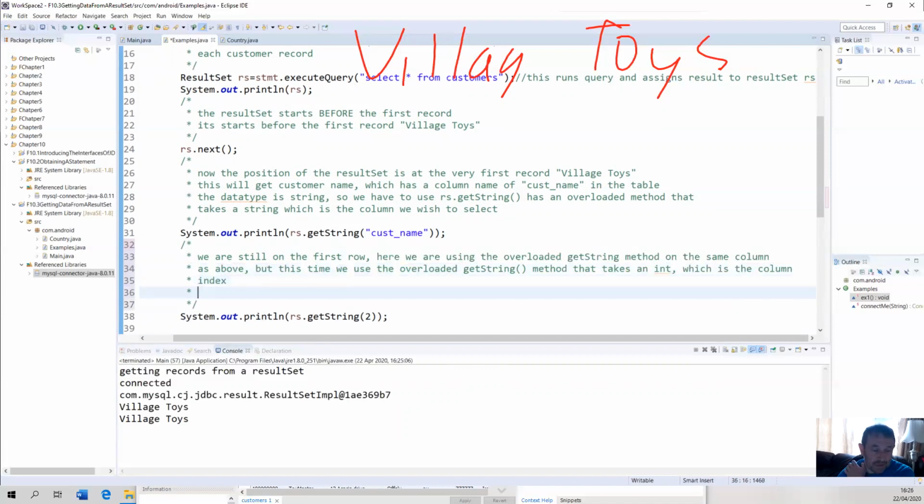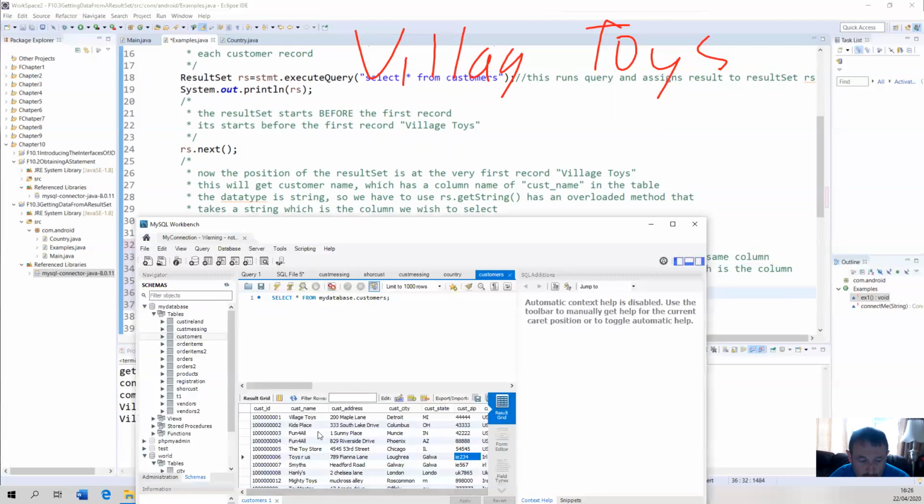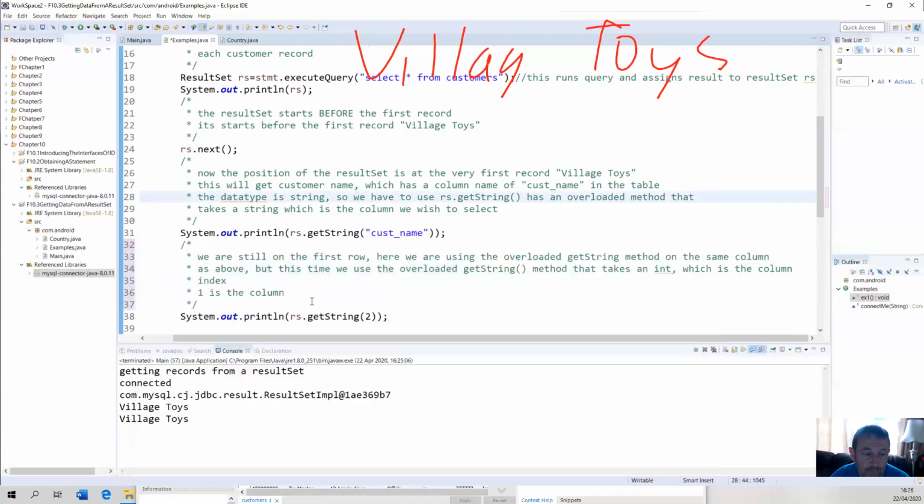Now, what's the column index? Okay, so number 1 is the column. Have a look here. That's number 1. Number 1 is the column cust ID, the first column